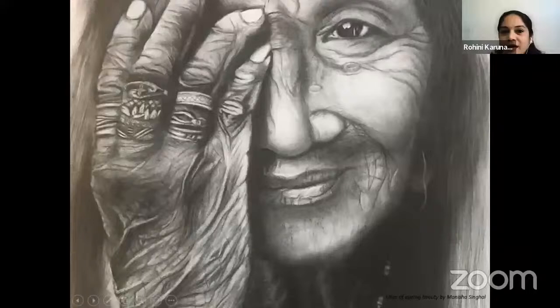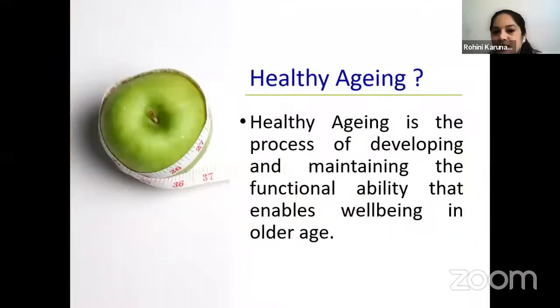The question now is, we all age, we all celebrate our birthdays every year, but are we aging gracefully? Are we aging healthy? That's a common question in our mind. And we have researchers around the world learning a lot about age-associated disorders and conditions. So what is healthy aging basically? Healthy aging is a process. This is a WHO definition: a process of developing and maintaining the functional ability that enables well-being in